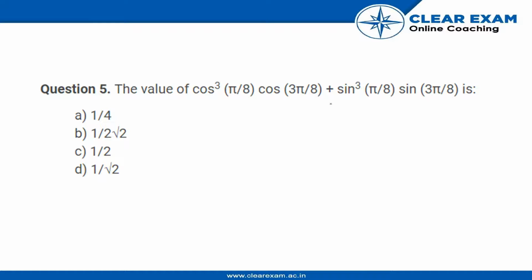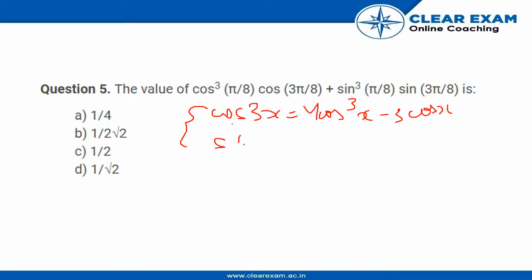So we have to solve this question which is given to us. In this question we are basically going to use four formulas, which will be cos 3x equals 4 cos cube x minus 3 cos x, sin 3x equals 3 sin x minus 4 sin cube x,